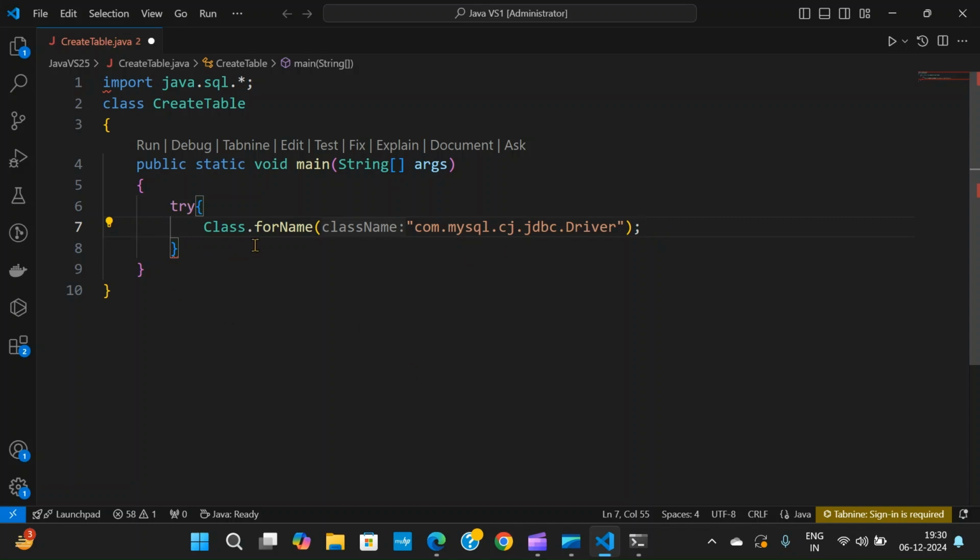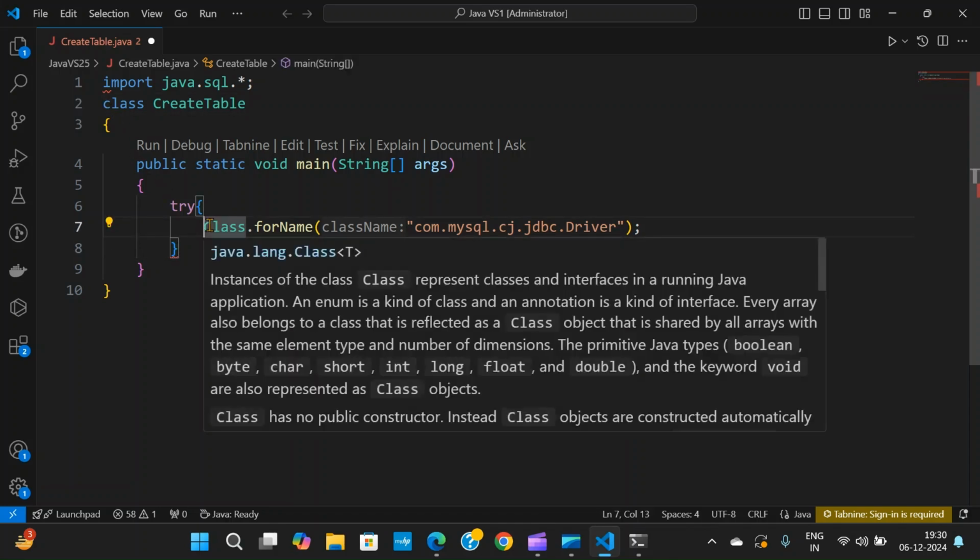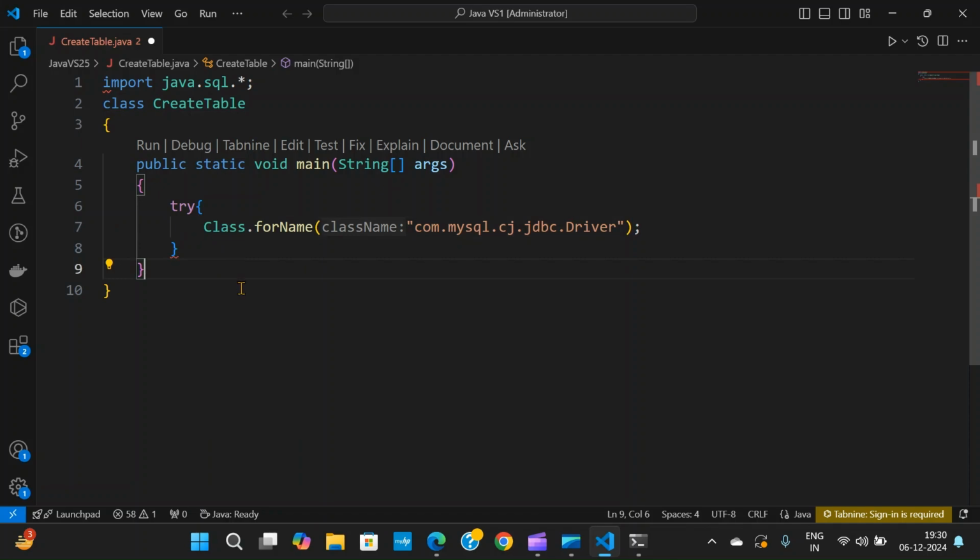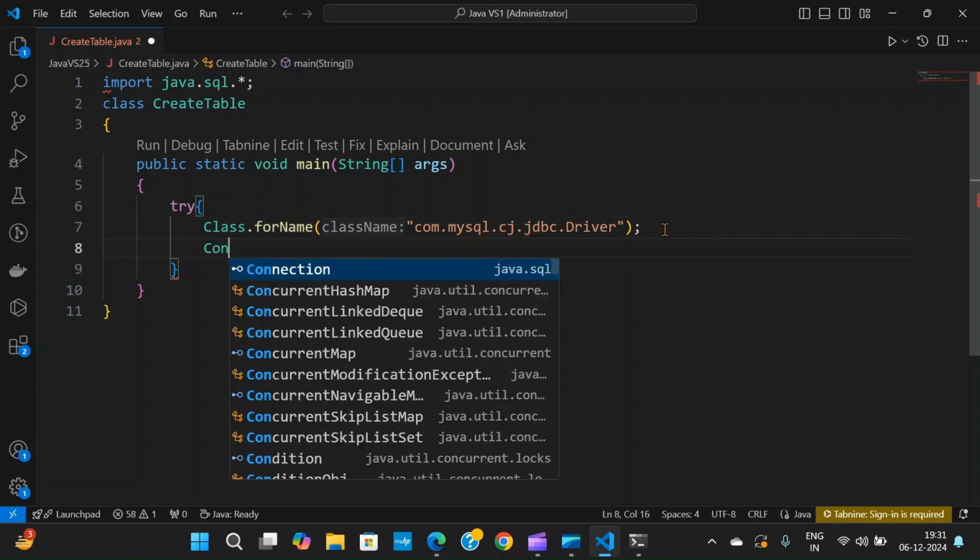Now here we are passing this particular driver to the method called forName. forName is a static method available in a class called Class, and there is a variation: this Class with capital C, what you're seeing, is a predefined class in the java.lang package, whereas the keyword class with small c is used to declare a class. Since the static method is available in a different class, you need to call it with the help of its class name, right? So once this is over, you need to go for connection establishment,